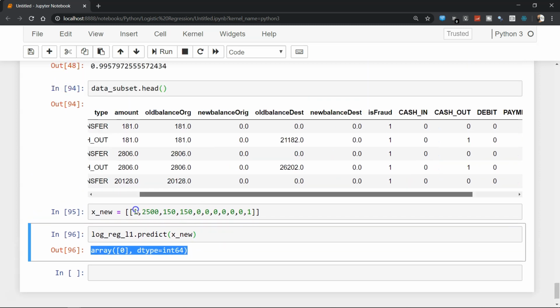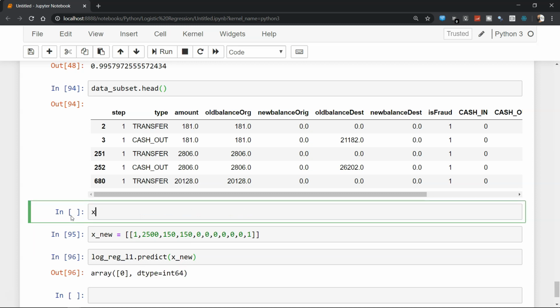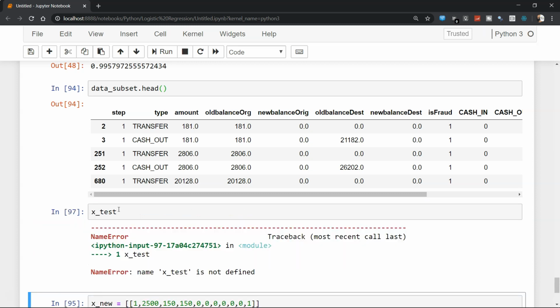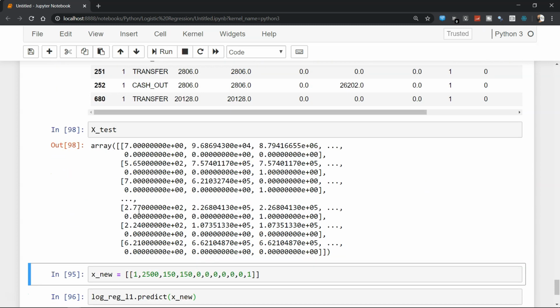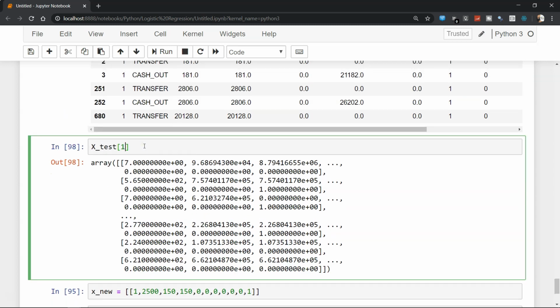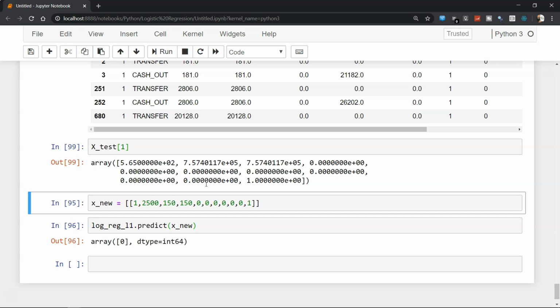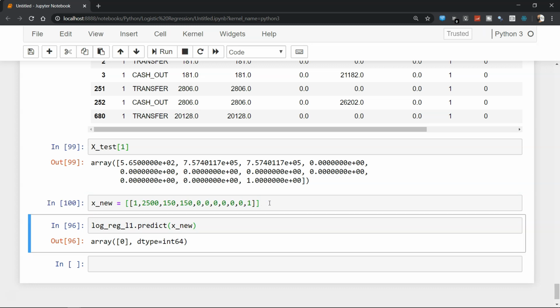Somewhere, let me just print the X_test, capital X, where it has the values, maybe just the first or second value that it has. So 1, 2, 3, 4, 5, 6, 7, 8, 9, 10, 11. And we have 1, 2, 3, 4, 5, 6, 7, 8, 9, 10, 11. So that means I was somewhere giving the 12th value incorrectly. But I just wanted to give you an idea about how you will predict it.